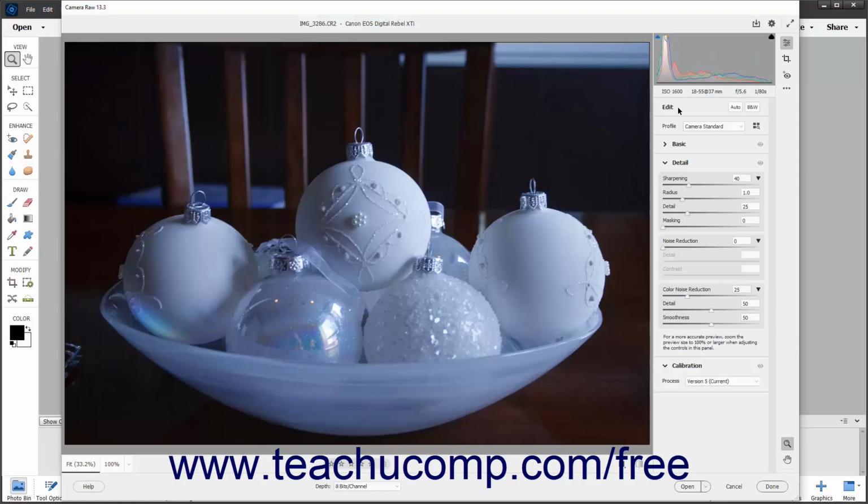www.teachucomp.com/free. A profile in Camera Raw determines the rendering of color and tonality in your Camera Raw image. To view the current Camera Raw profile, click the Edit button in the toolbar at the right side of the Camera Raw dialog box in Photoshop Elements. In the Edit panel that appears to the left of the toolbar, the name of the currently applied profile appears